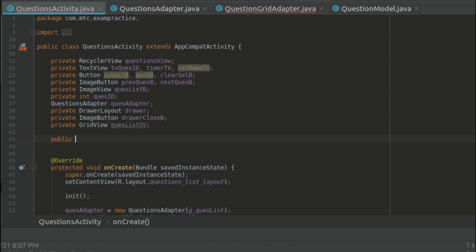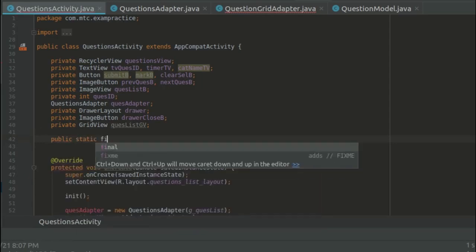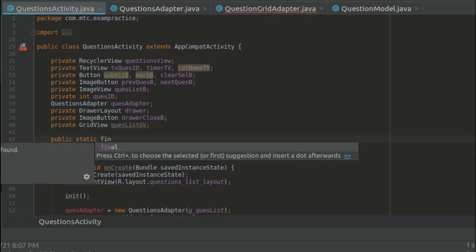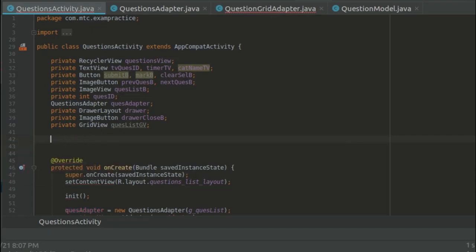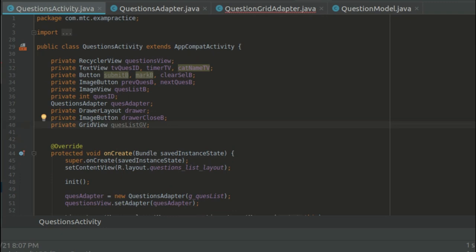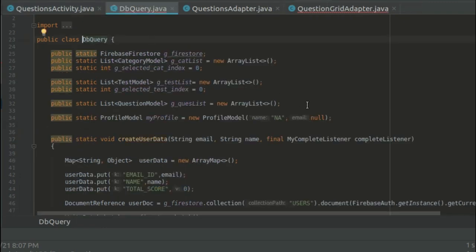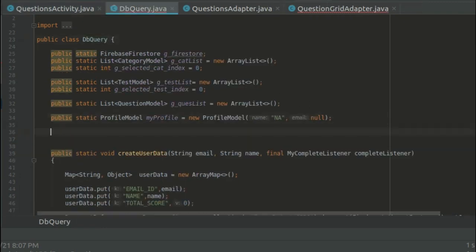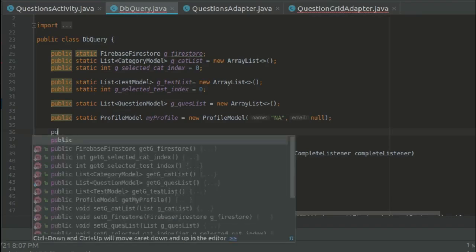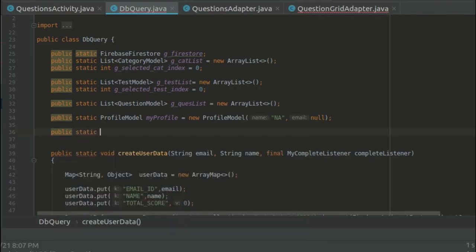So define them as public static final, or you can say, not here. Actually, let's go to the DB query class, because these are global variables, so we will define them here. Public static final int,